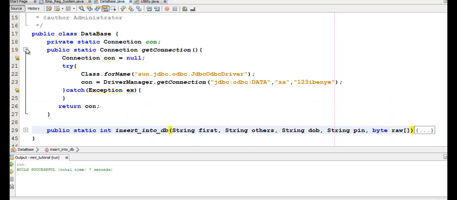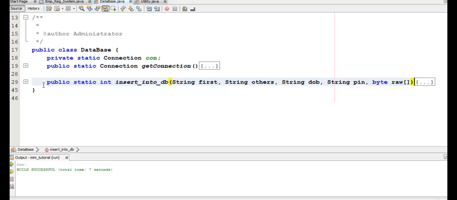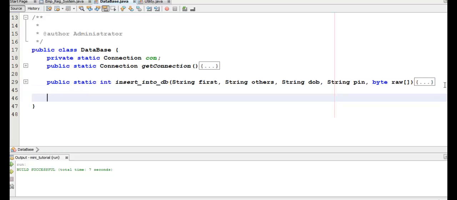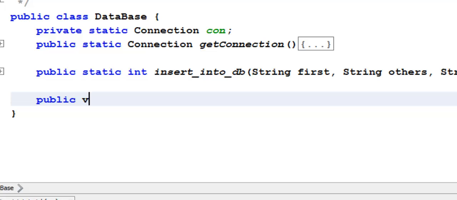Now what about the one to help us get result set? All right, like when we query our database, we need results. So how do we get that? So let's go straight into that. So say public static ResultSet get result